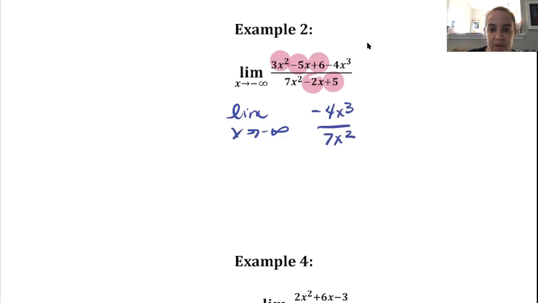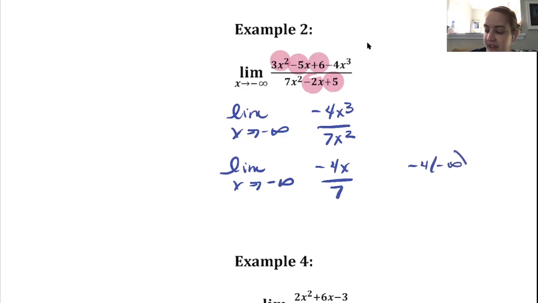So I tell my students, be a good algebra student, simplify the calculus that you can. So we have the limit as x approaches, or the algebra, I just said calculus, the algebra. So this is negative 4x over 7, because those x's will cancel out. Now if I put a negative infinity in place of the x,